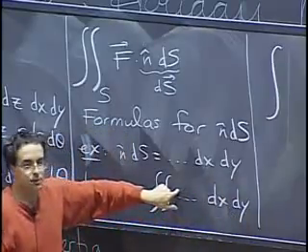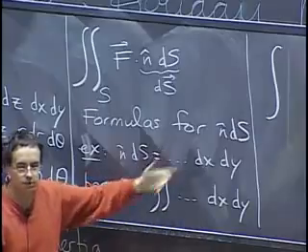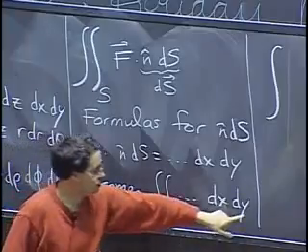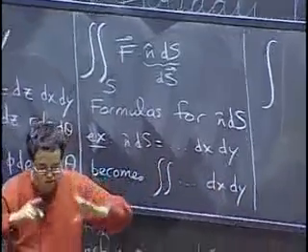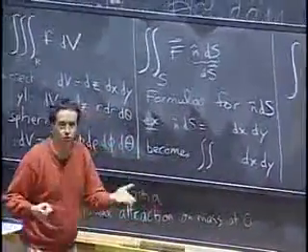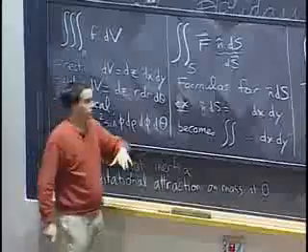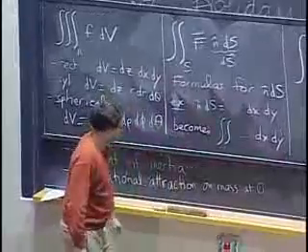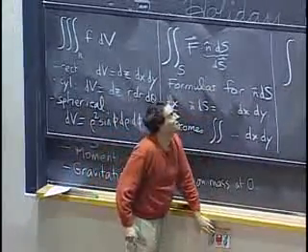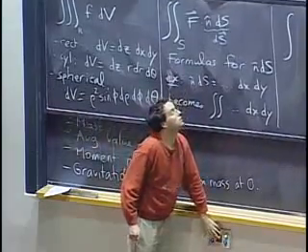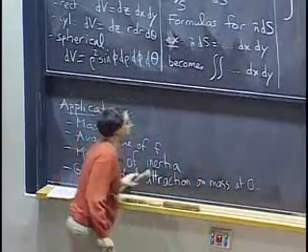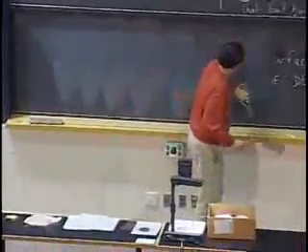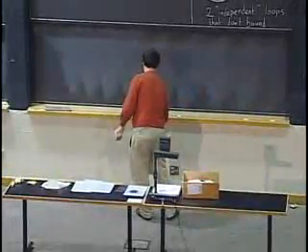Now, in the integrand, you want to express everything in terms of x and y. So if you had a z, maybe you have a formula for z in terms of x and y. And when you set up the bounds, you try to figure out what are the bounds for x and y. That would be just looking at it from above. Of course, if you're using other variables, figure out the bounds for those variables. Then when you've done that, it becomes just a double integral in the usual sense. Okay, so maybe I should be a bit more explicit about formulas because there have been a lot. So let me tell you about a few of them. Let me actually do that over here because I don't want to make this too crowded.